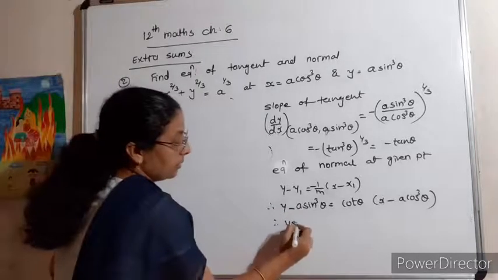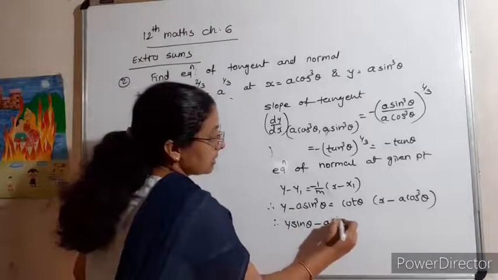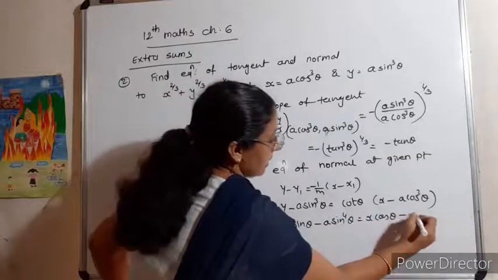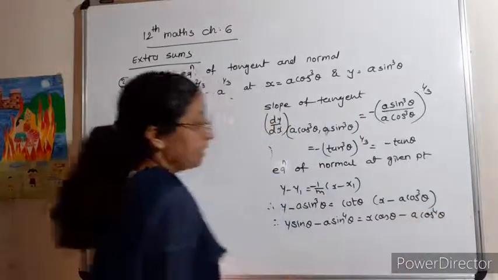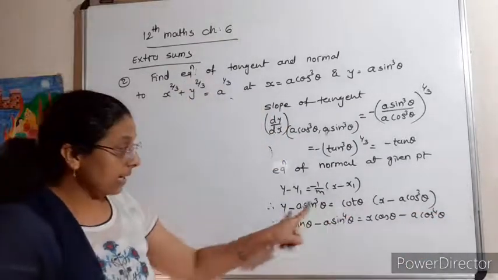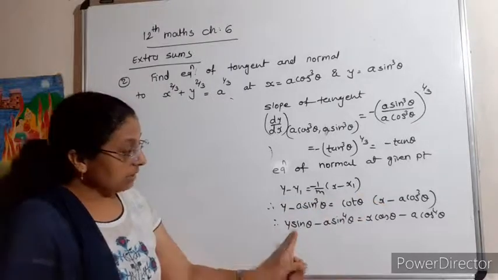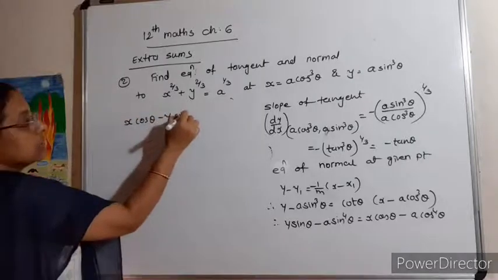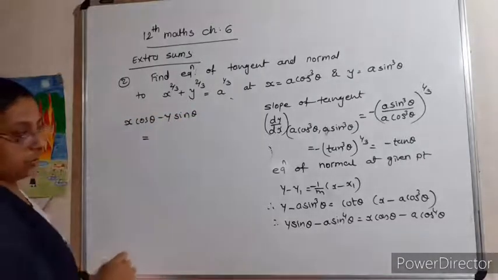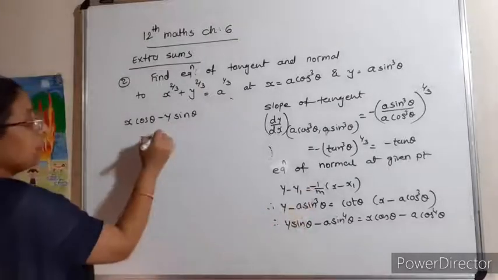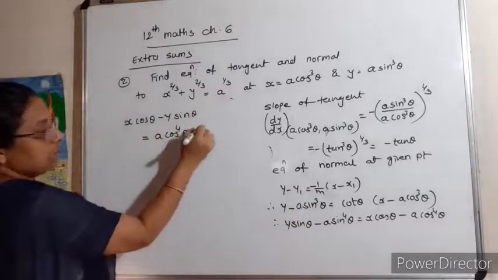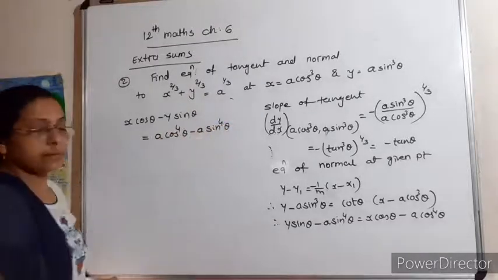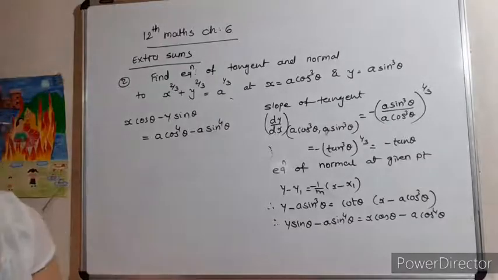So we'll get y sin theta minus a sin raised to 4 theta, x cos theta minus a cos raised to 4 theta, because it is cos upon sin. तो sin यहाँ multiply होगा cos अंदर. Now ये y sin theta उस तरफ जाएगा. That is x cos theta minus y sin theta is equal to, here minus है वो इस तरफ आएगा plus a cos raised to 4 theta minus a sin raised to 4 theta. Yes or no? So this is the equation of normal.